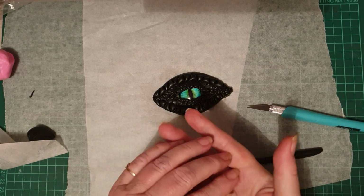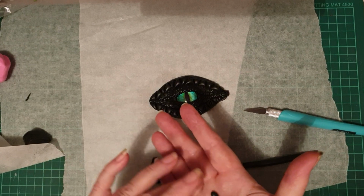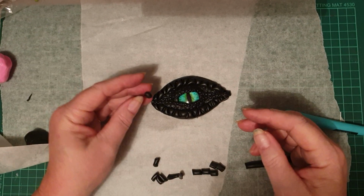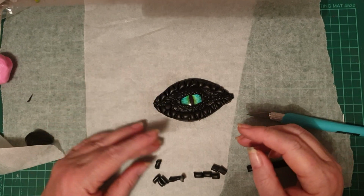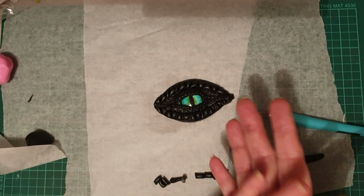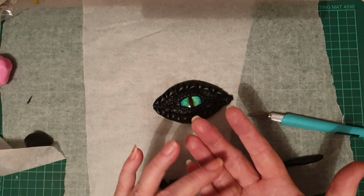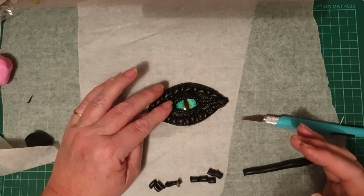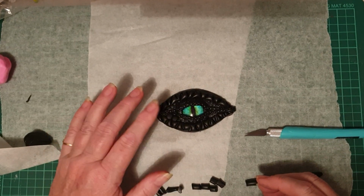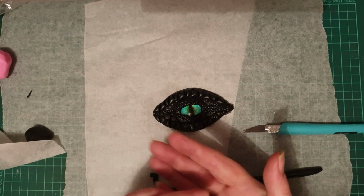Okay, so all I do with these is roll them into a ball, and we're just going to push it in here. And this is why I said don't worry too much about putting texture or anything else on the background, because you're actually going to cover it with decoration or scales or